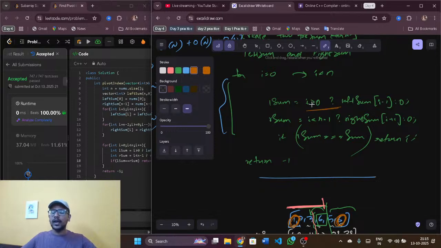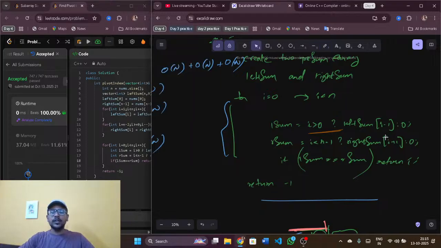I'll just change it. If I is equal to 0, L sum is equal to 0. If not, L sum is equal to I minus 1. If I is greater than 0, L sum is equal to I minus 1. If not, it is 0. Yes, it's the same thing. We do the same thing, however,